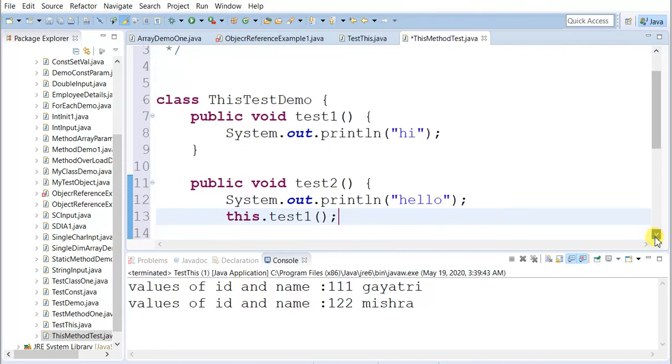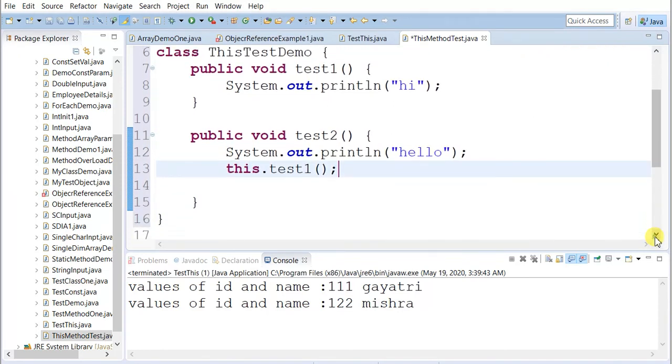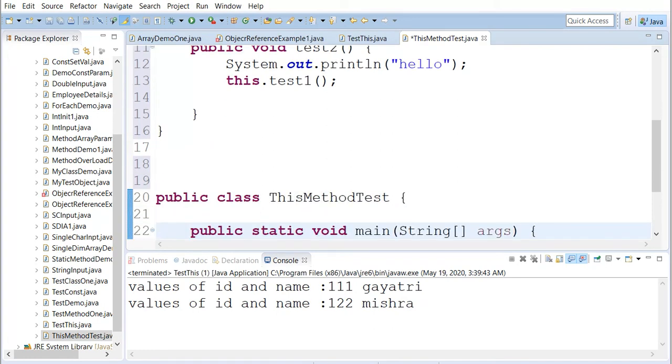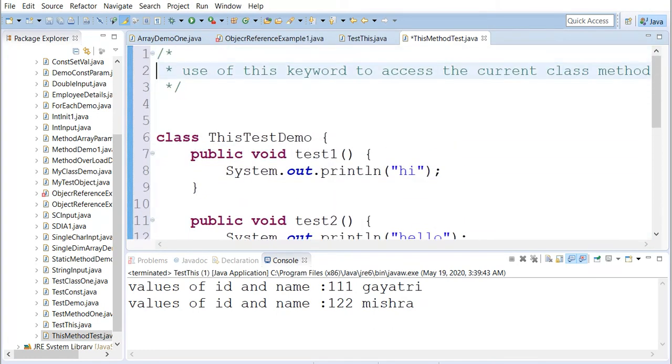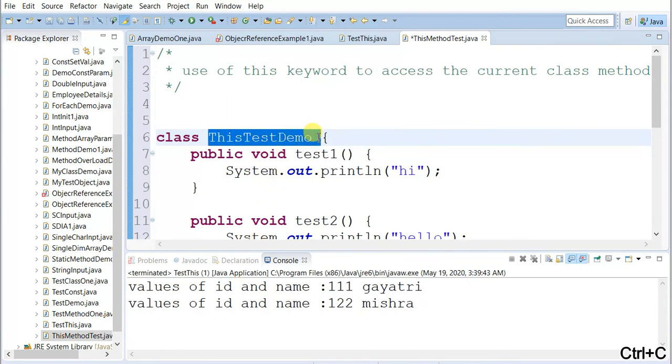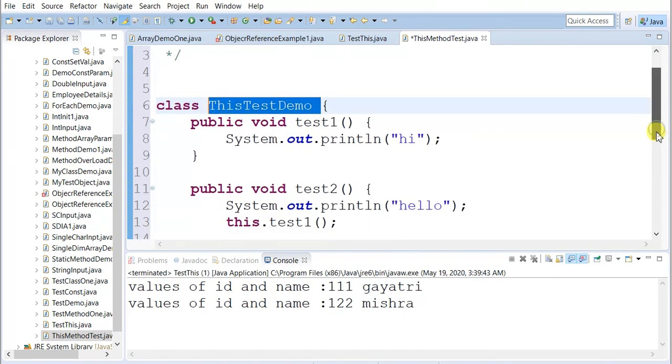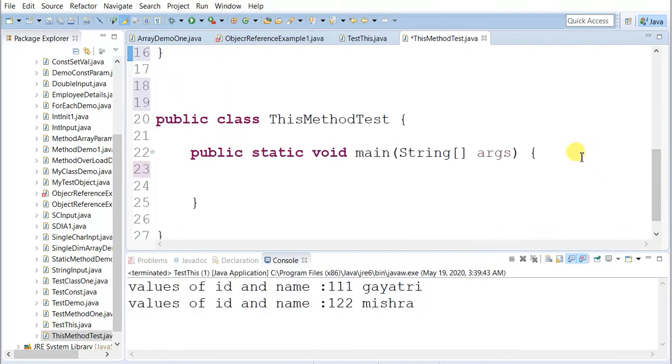Now both the methods test1 and test2 we need to call. Test1 and test2 are the class members of this test demo class. So let me copy the class name to create the instance, because we need to access it outside the class. This is the main method.